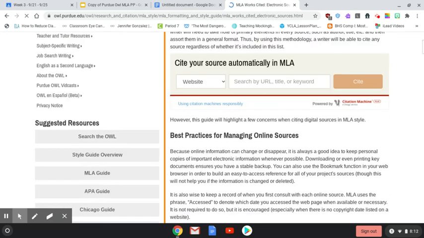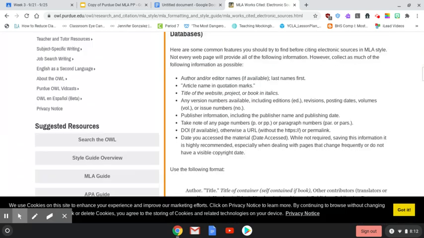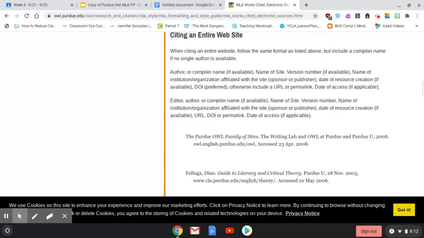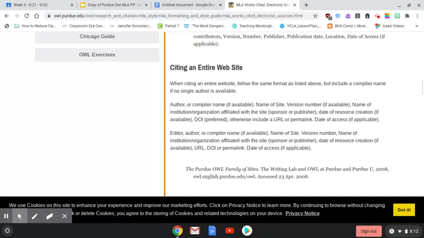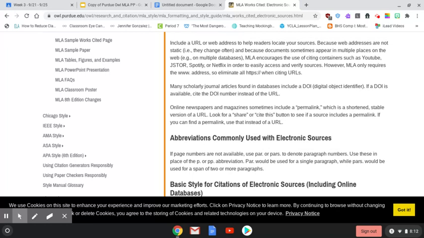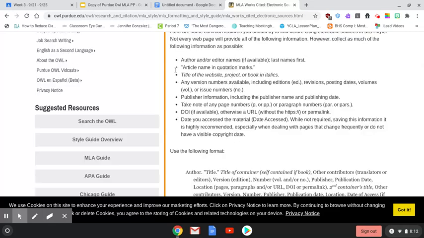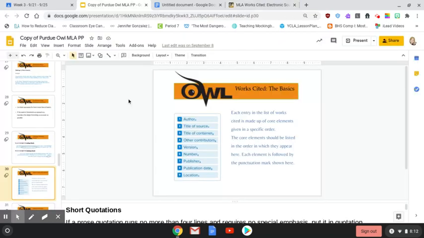The electronic sources page is going to show you how to put in the information based upon online electronic sources, like an online article, a website, anything like that. And it gives you examples as well if you are struggling. So you want to have that list of information ready right there. So once you have your information and have an example up of how to insert the information either here or on the presentation,